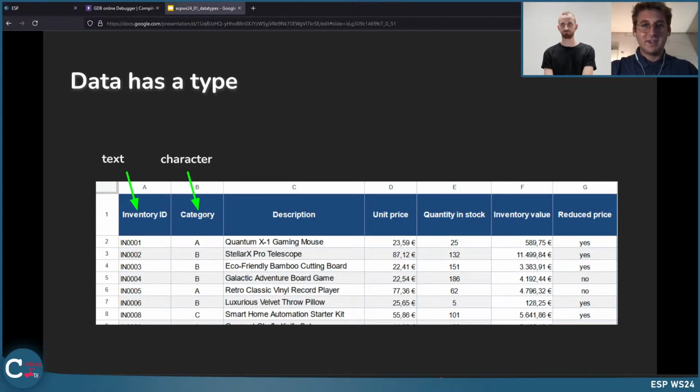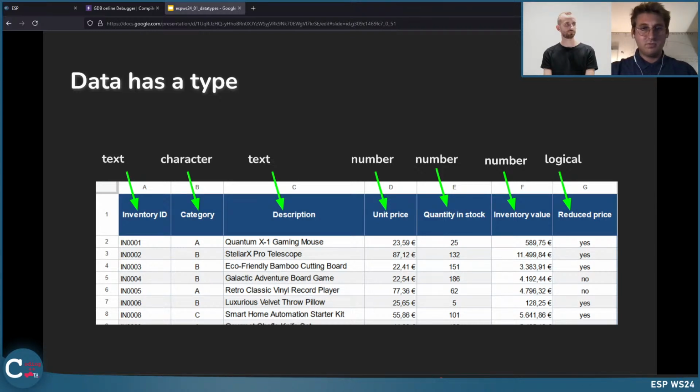So exactly, if you now have a look at the single columns, the very first column, inventory ID, if we have a look at the specific values, there is a mixture of characters. So in this case, some letters and numbers. So the first column is text.